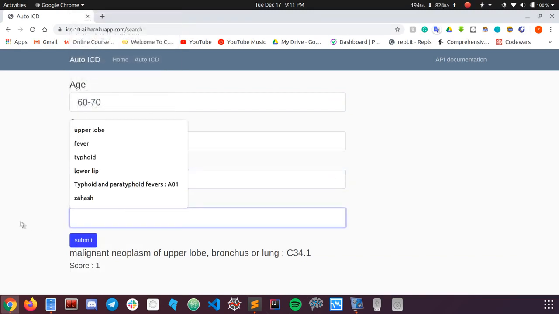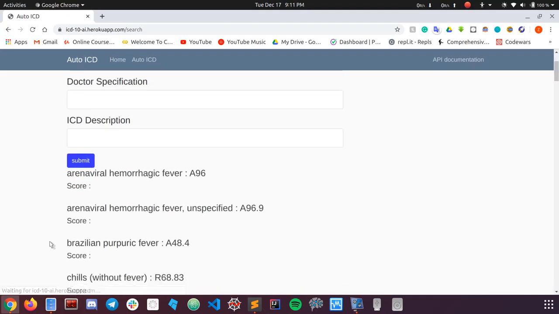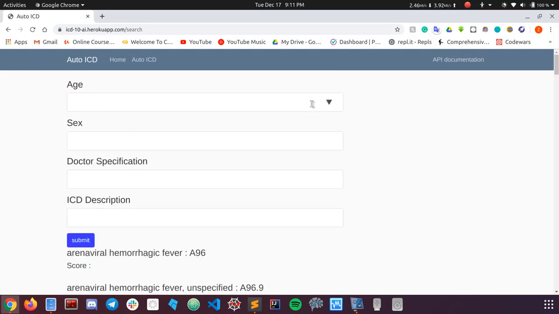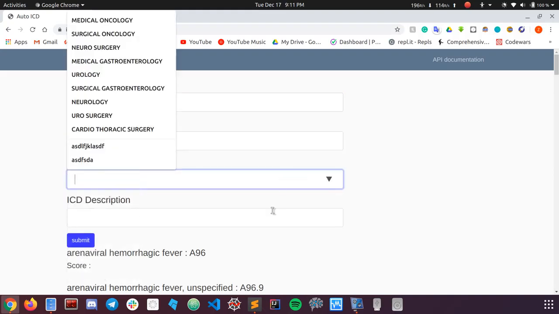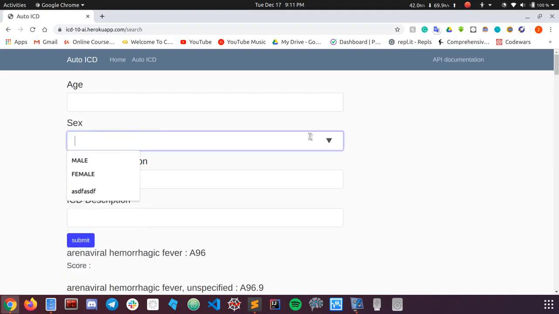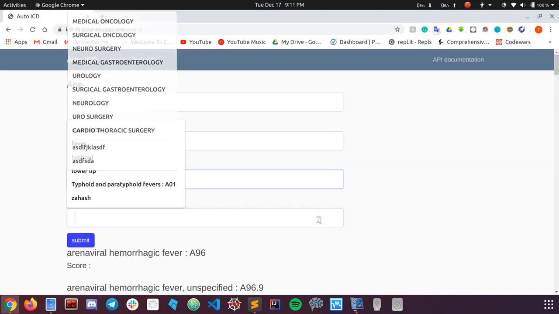Now if you have seen earlier in the fever case, you didn't get any score. The score is blank. That's because the machine learning model did not run. It did not run because it couldn't classify this specific combination we put: 60 to 70, female, medical oncology, and fever.